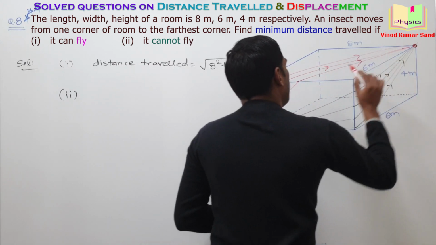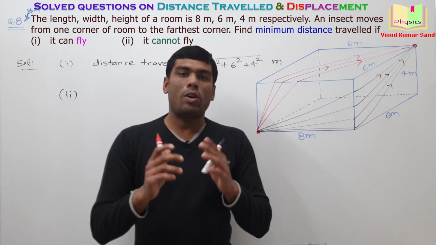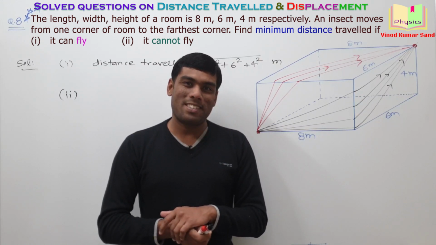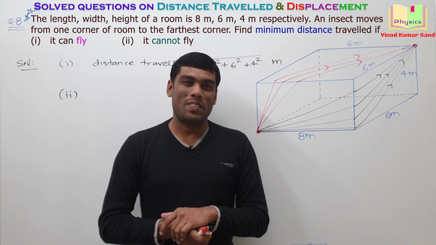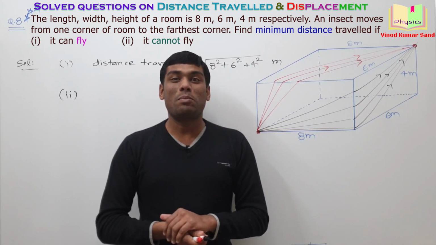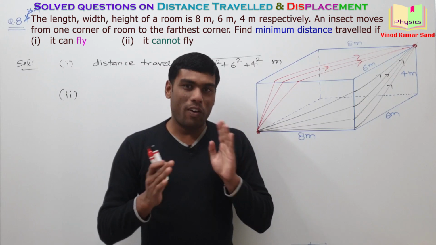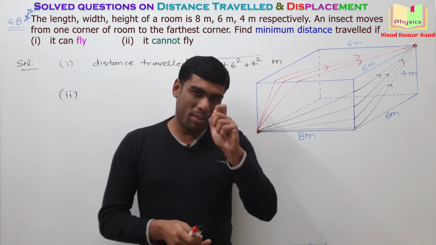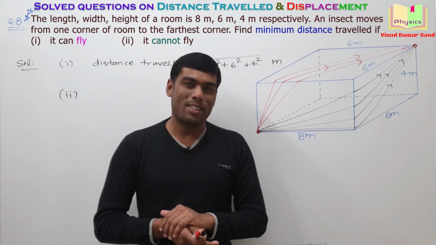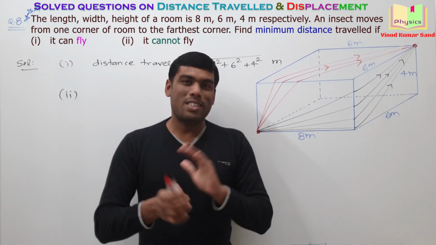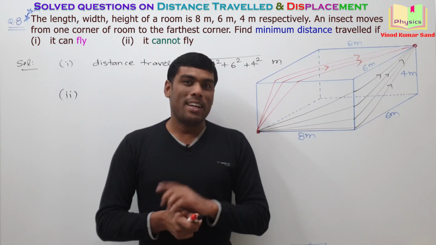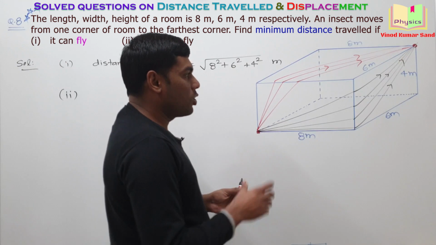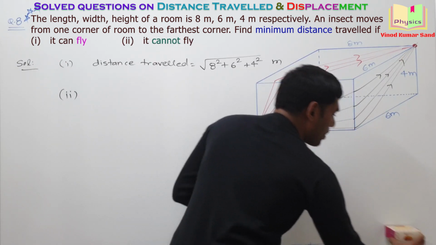Now we need to choose the path over which the insect will travel the least distance, the minimum distance. How to do that? One way is maxima, minima. You define a function of the distance traveled and you try to minimize that. That will be a bit time consuming, but you'll get the answer. To the brilliant students, I recommend doing that. The smarter choice is to imagine this, and for imagination purposes, I am bringing up a box.